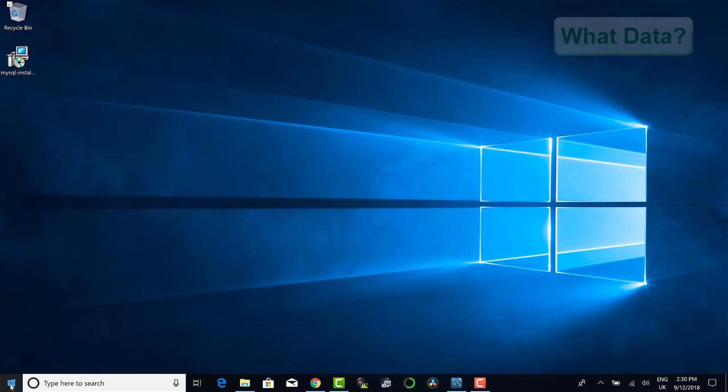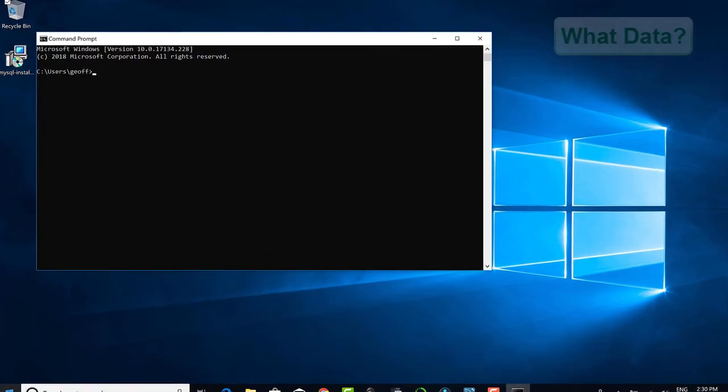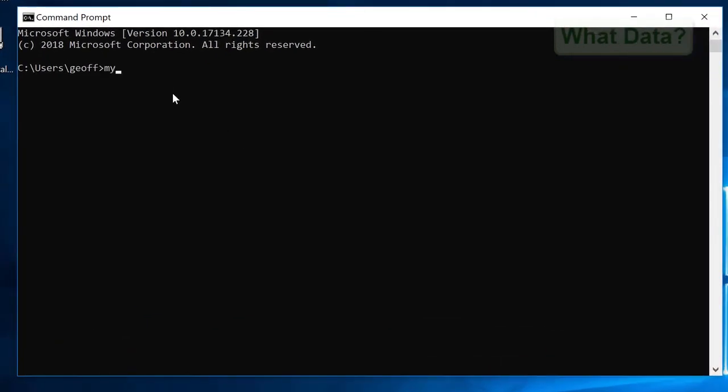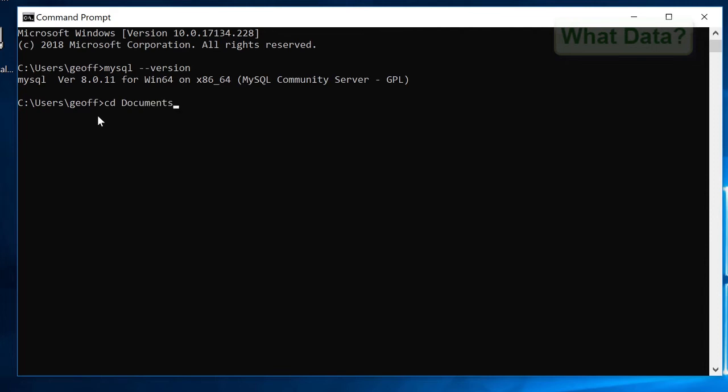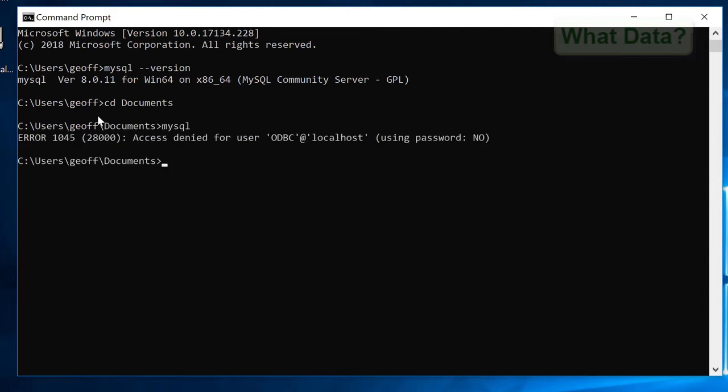we'll need to restart a command prompt for the variables to be recognized. And I can go ahead and type mysql --version. And we can now see that MySQL is now accepting from any of the command paths. So if I, for example, was to go into my documents directory, I can see that this is also recognizing MySQL, telling me that access is denied. But from anywhere now in your command window, from your command prompt, it will recognize